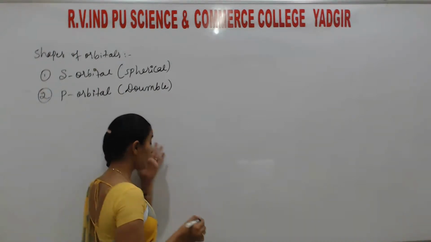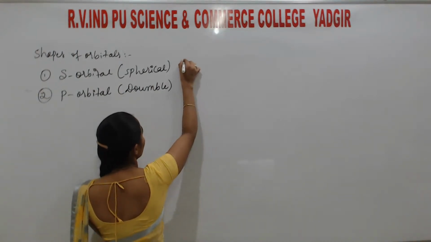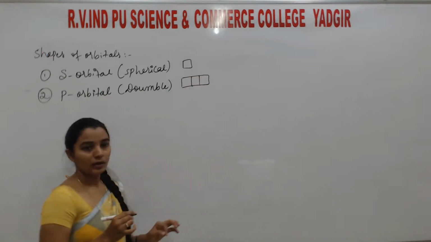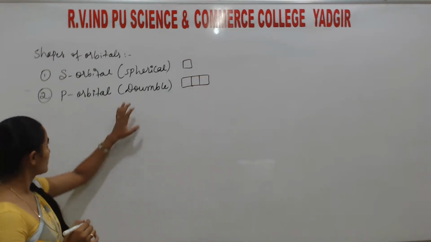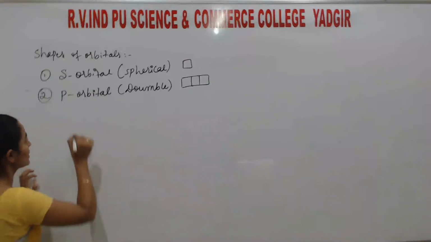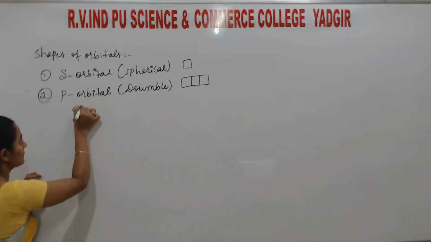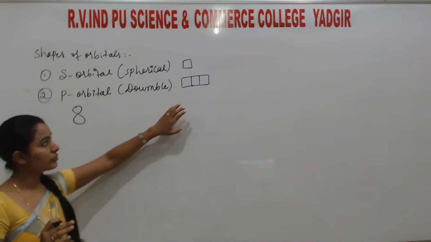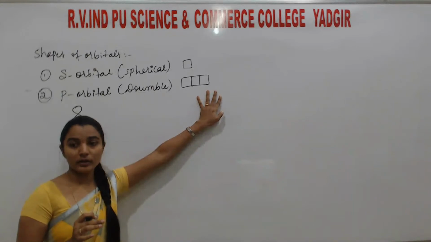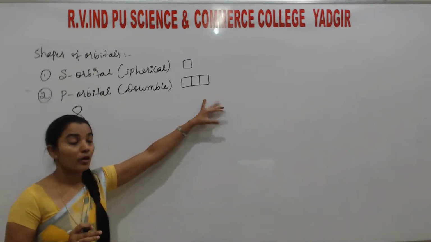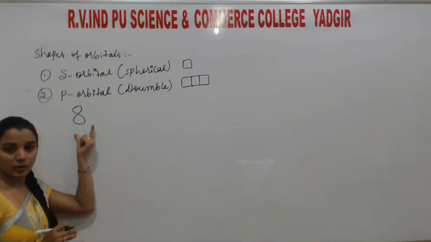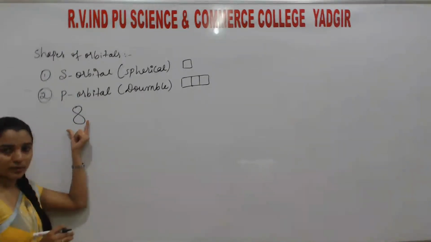For the S orbital I used to write only one box. For the P orbital I used to write three boxes. Why? Because the P orbital shape is dumbbell like this. Understood? So here we take three boxes for the magnetic quantum number. Why do we take this? Because these are dumbbell shaped,